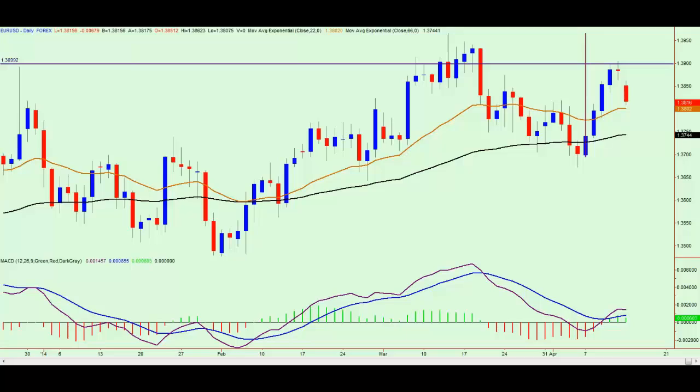We're looking at the Euro-US dollar on the daily chart. We can see that last week we had some serious momentum. It moved 200 points from the 137 all the way up to the 139 in a period of only 4 days, so it's a very strong move. We can see that overall. Almost got up to the previous high at the